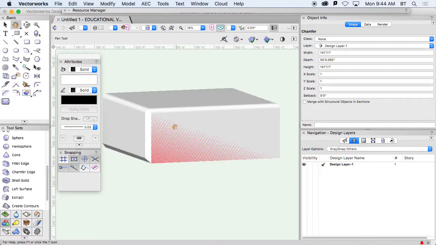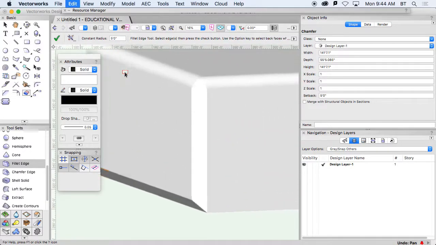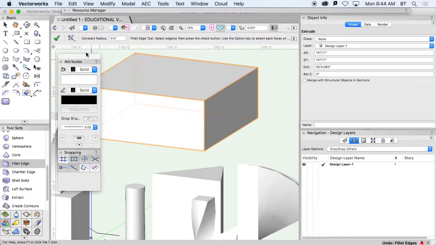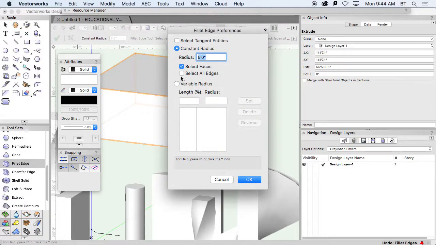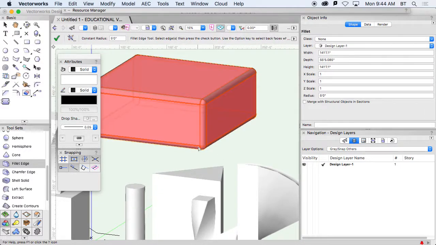So I can also go in and select, I'm going to undo all of them. I can also specify and select all edges and all faces, and now it's going to do every edge. So we can do it that way. Okay, and